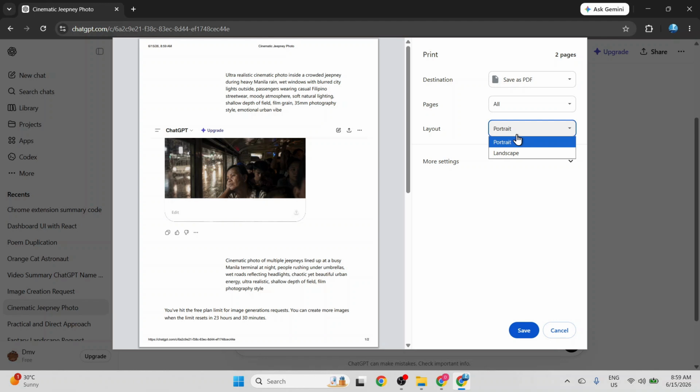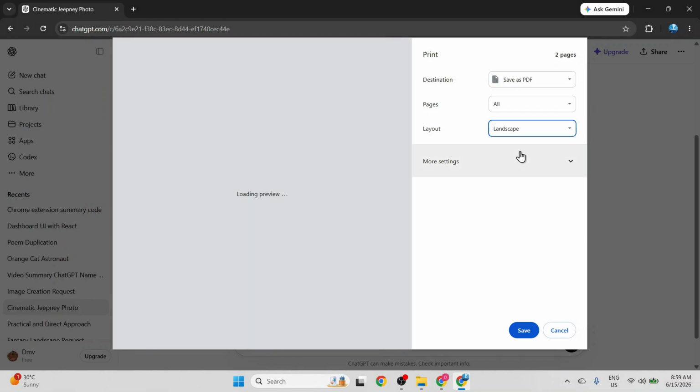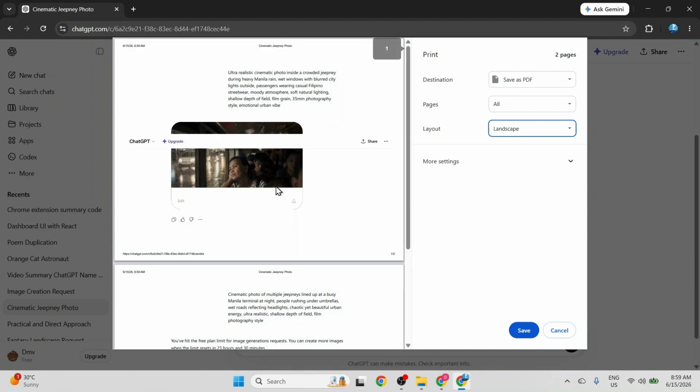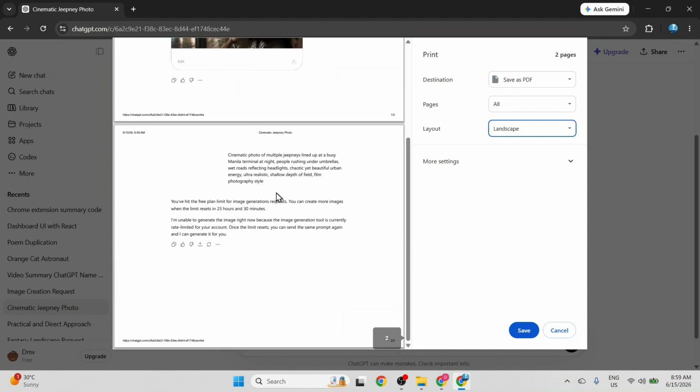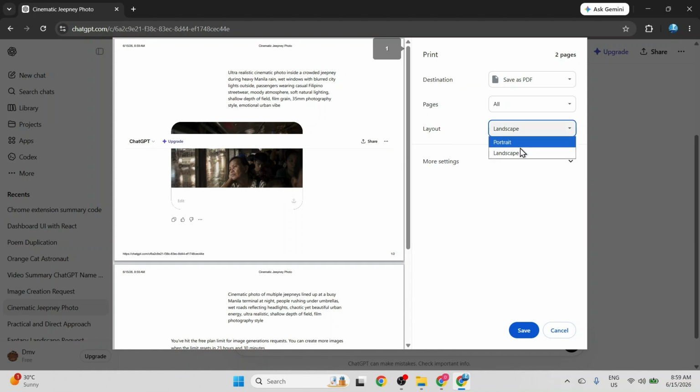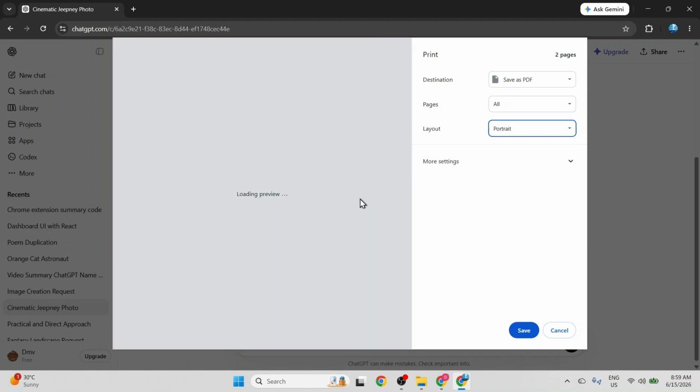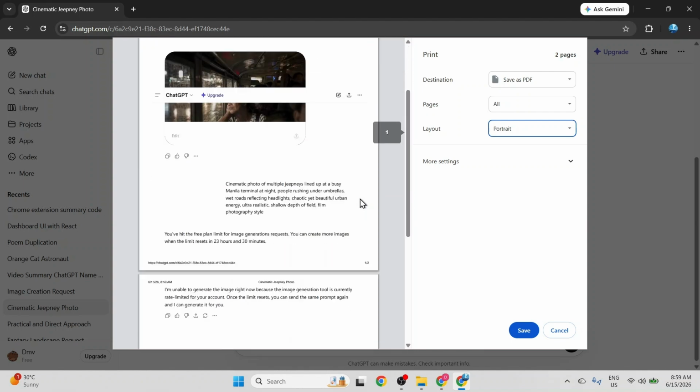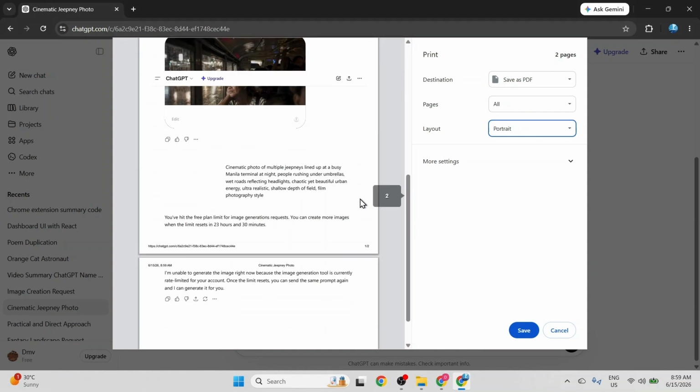The layout is currently set to Portrait by default. I want to test how it looks in another orientation, so I click the Layout drop-down menu and select Landscape. The preview window on the left side refreshes, showing me the updated horizontal view of the document structure across 2 pages. After reviewing how it looks, I decide that the portrait orientation is a better fit for reading a continuous text conversation. I click back into the Layout menu and switch it back to Portrait, and the Layout preview adjusts